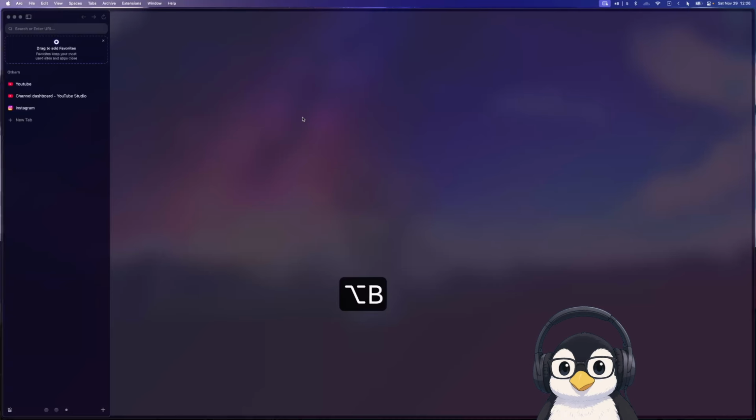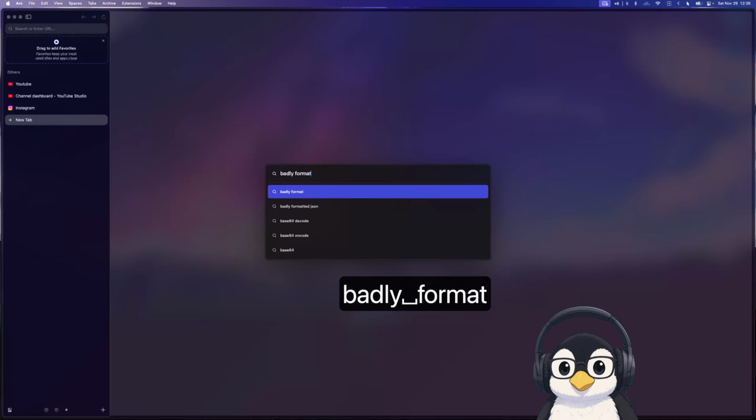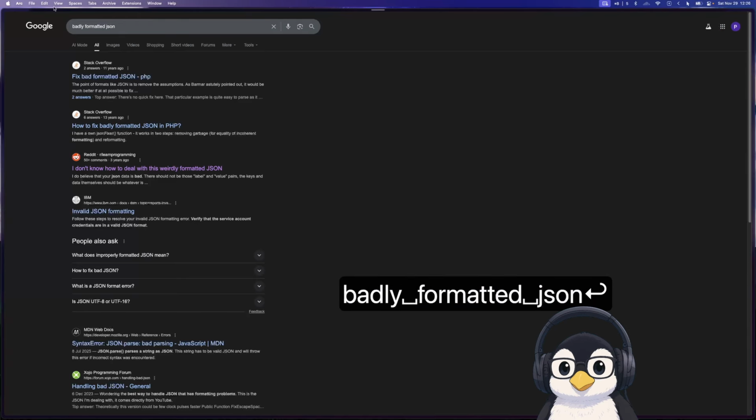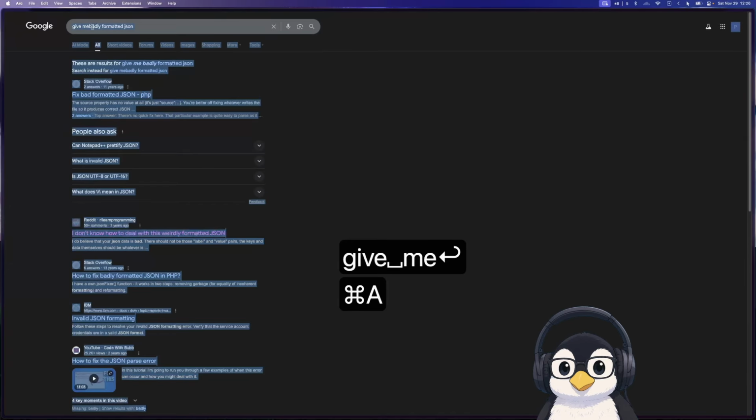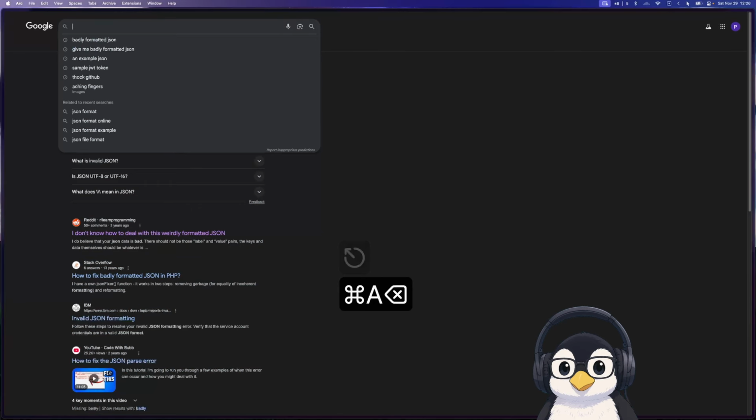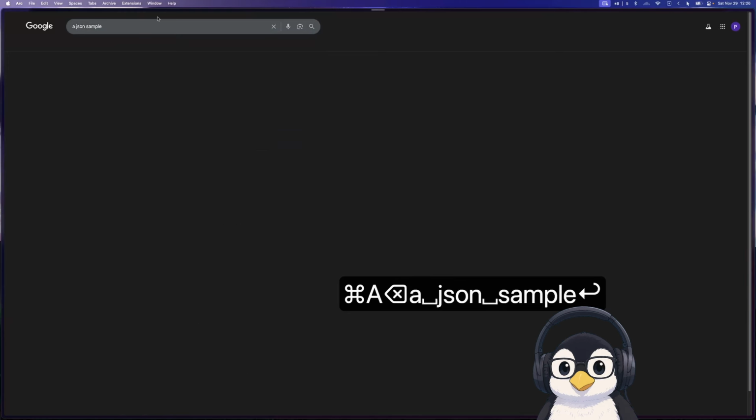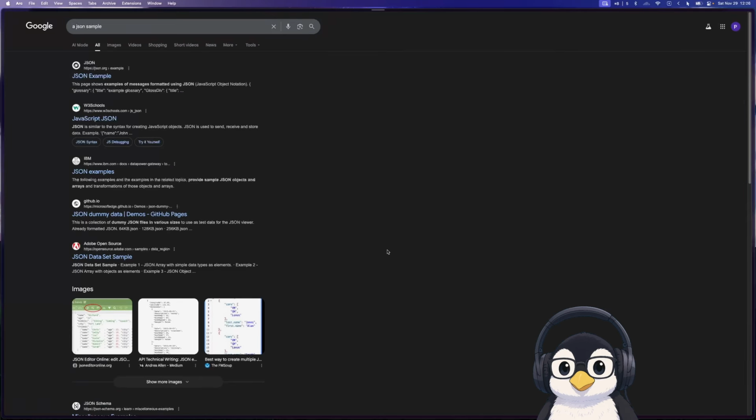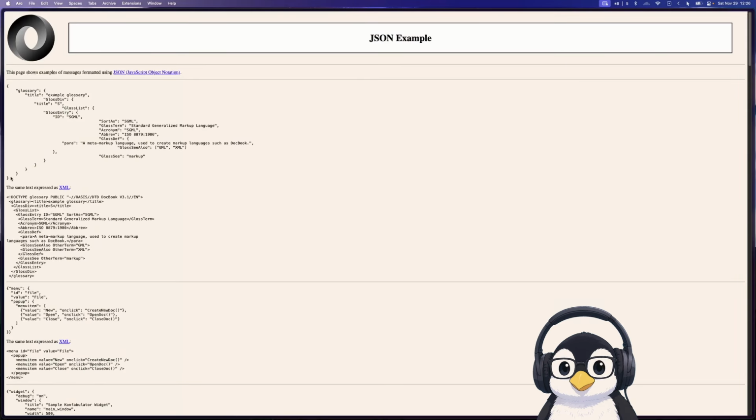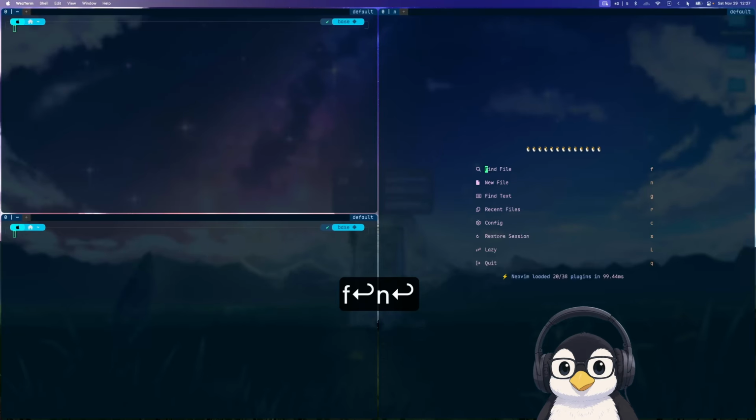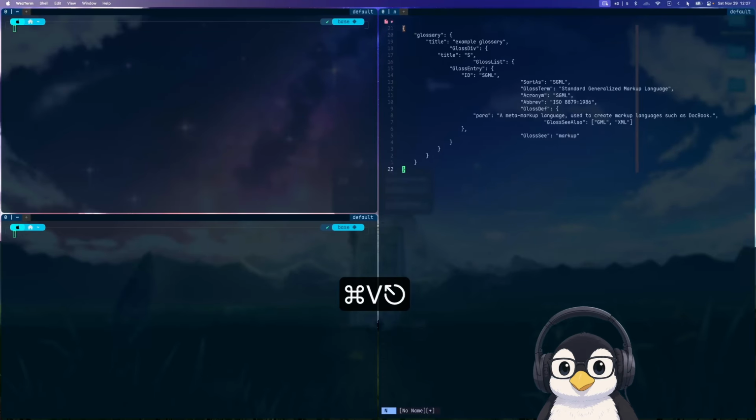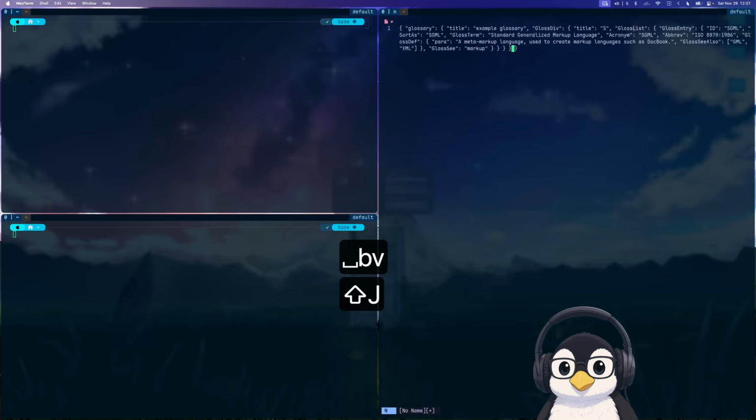So if I have, let's get a badly formatted JSON. Maybe if I press give me, it will trigger an action. Okay, let's just forget it. Let's just do a JSON sample. And I will format it badly. Okay, so I have this. And I can go here. Let's open new Vim. And I have this, and then I can select it all, and then I just joined it all so to